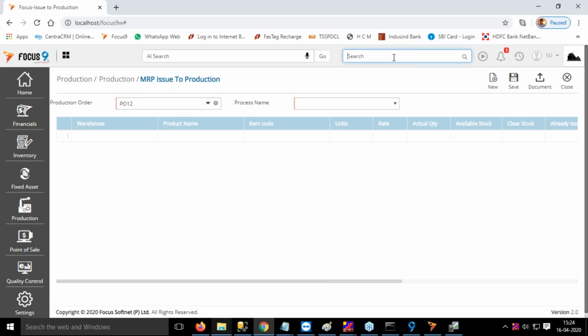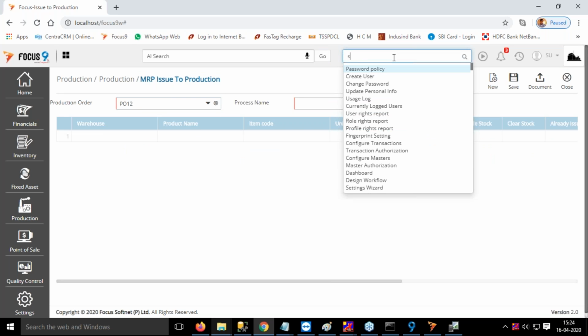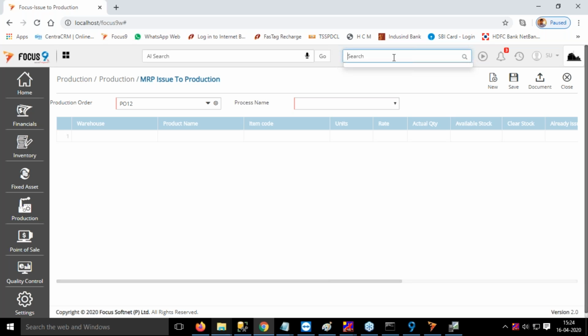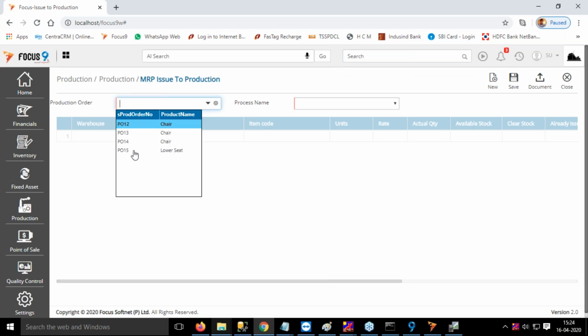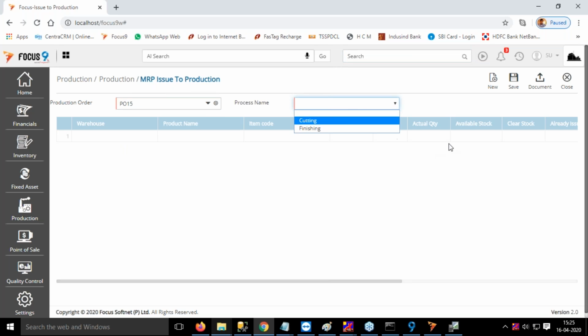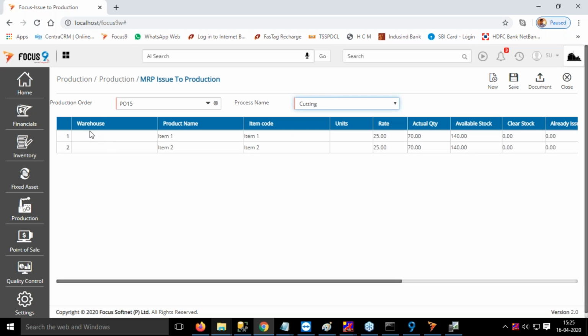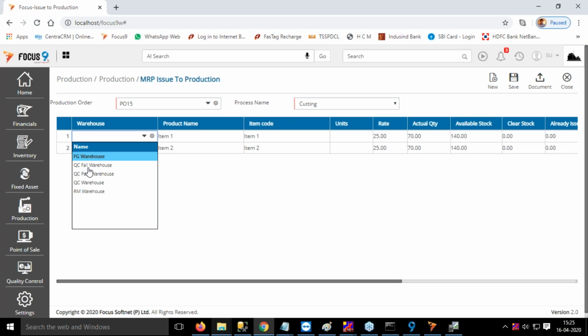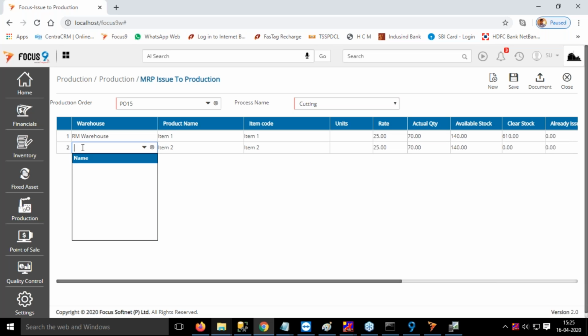I'm checking which warehouse. Just open the next one, which has stock in the raw material warehouse. Here, if you can see the stock, if it is available, then it auto loads, and you have got 3